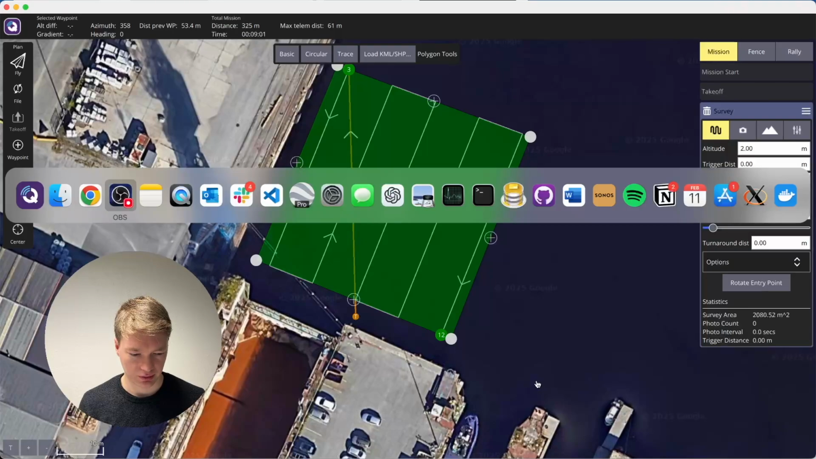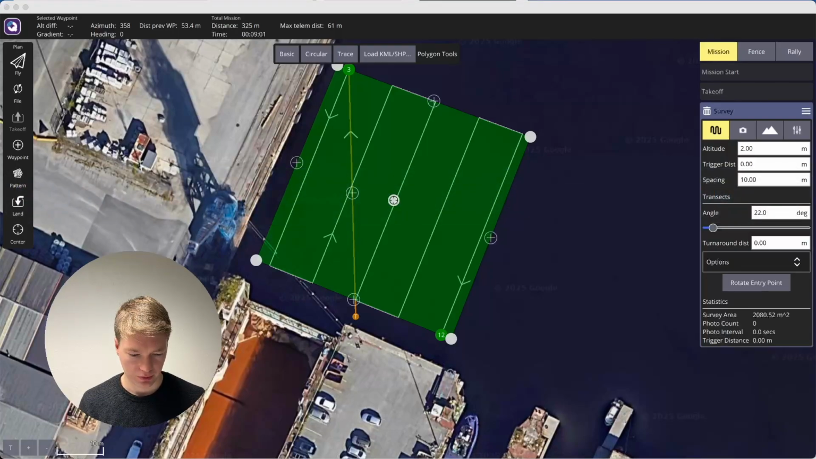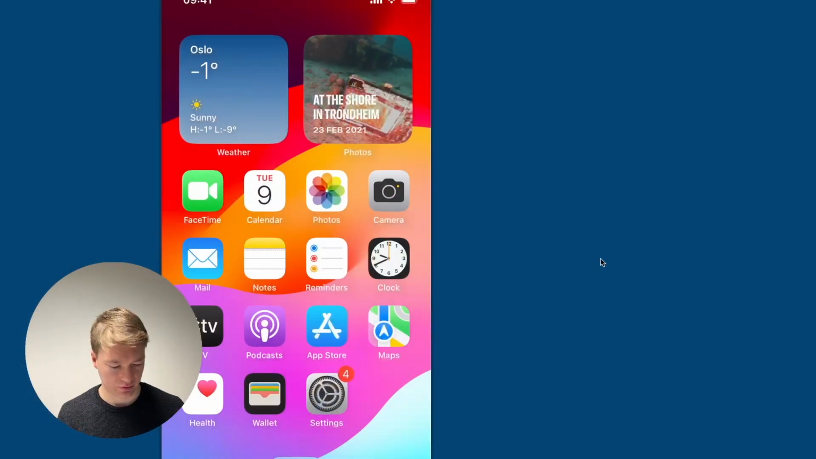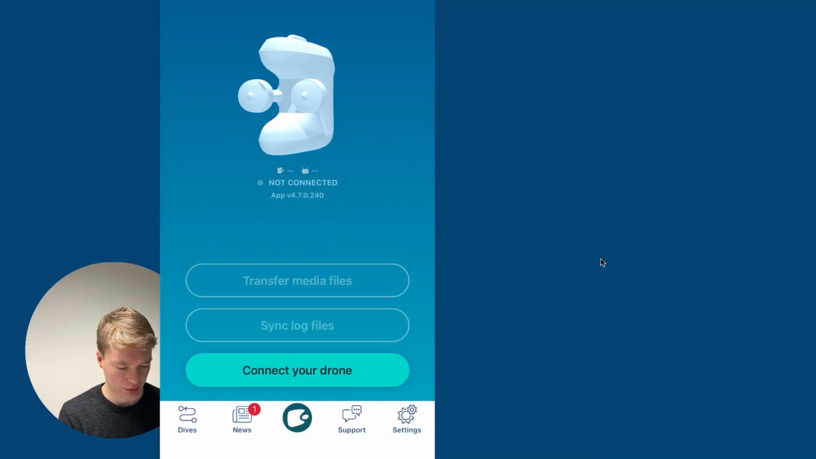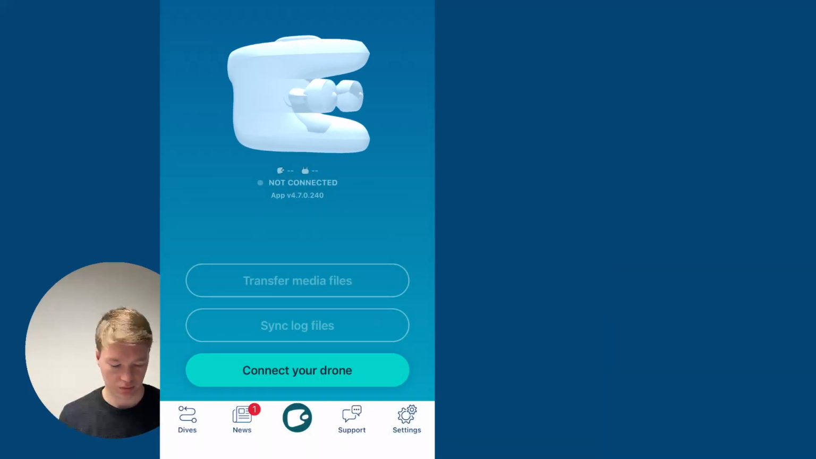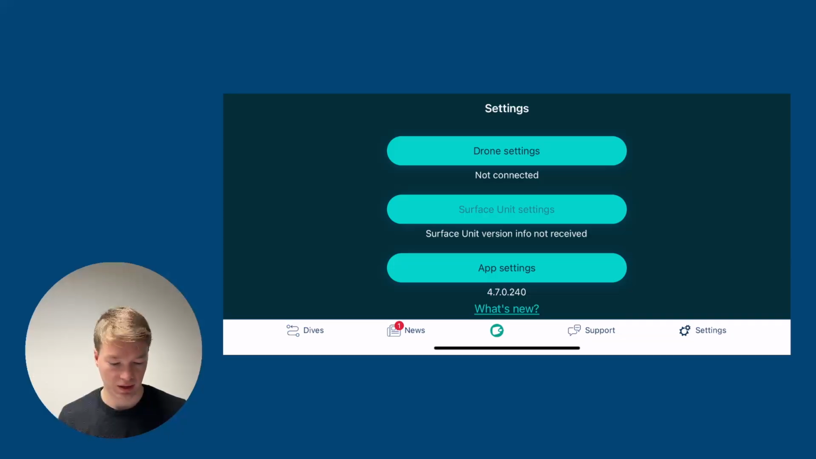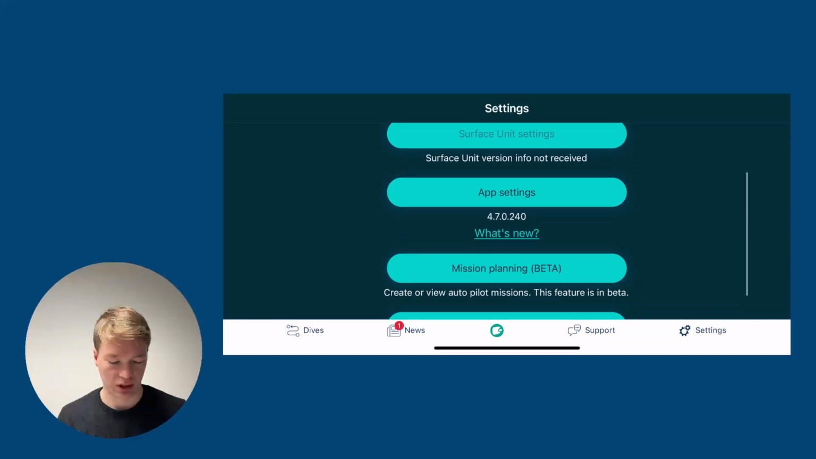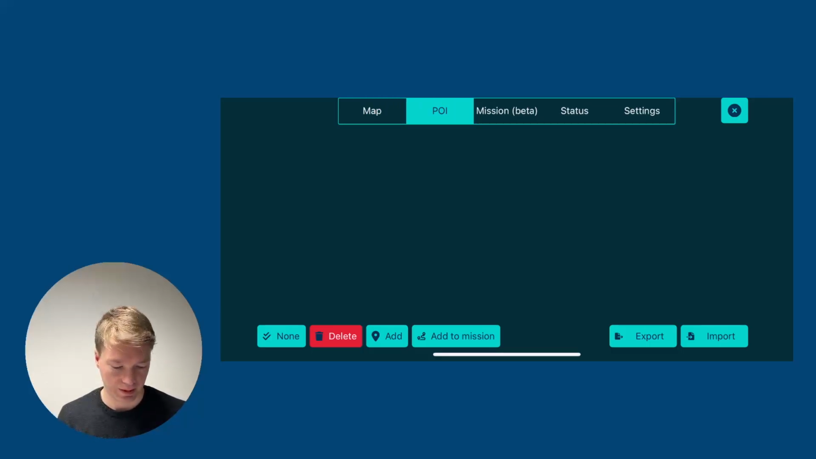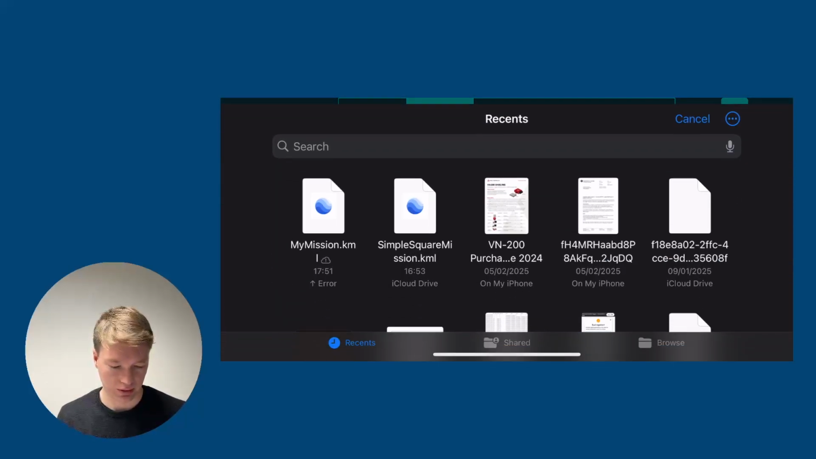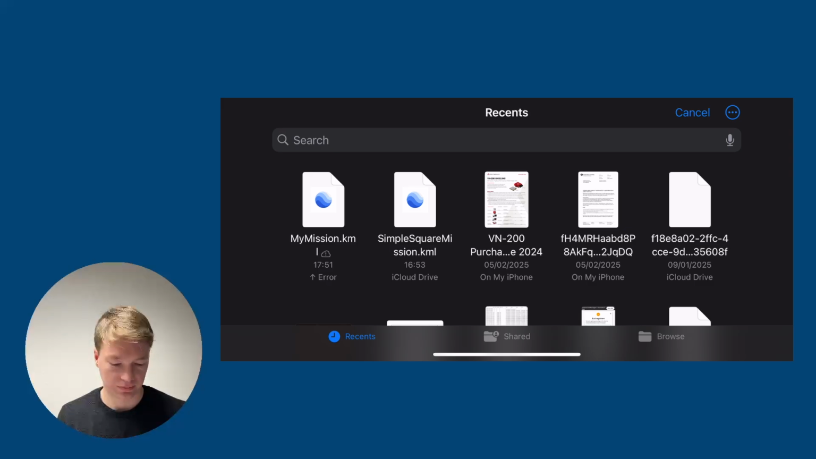Alright, so once you have the file on the other device, you can basically just open the Blueye app. From the main menu we select settings, and then go into mission planning, then simply go to POI and import. Select the file you just got,